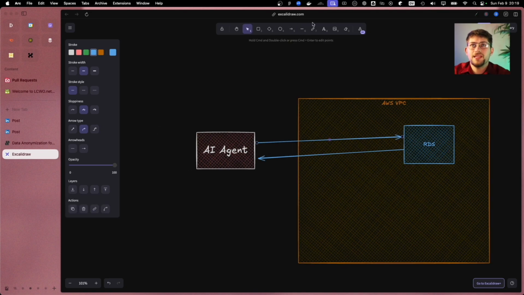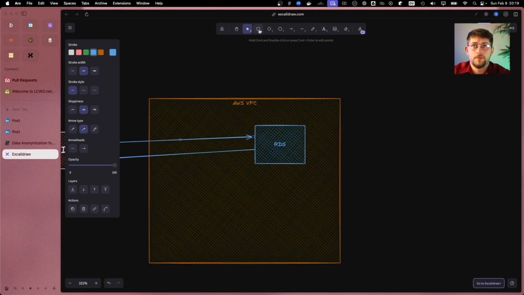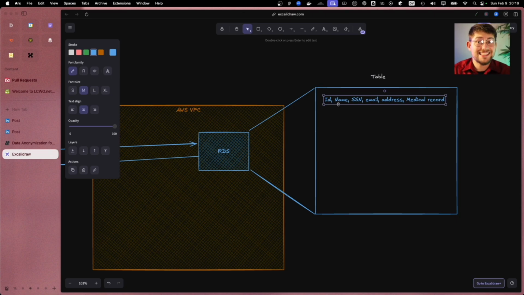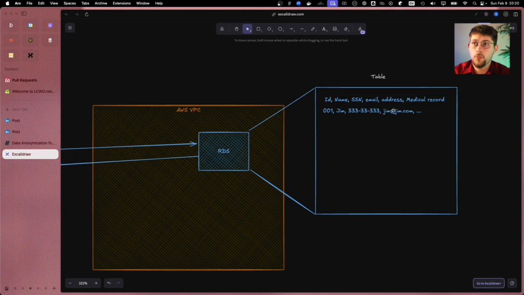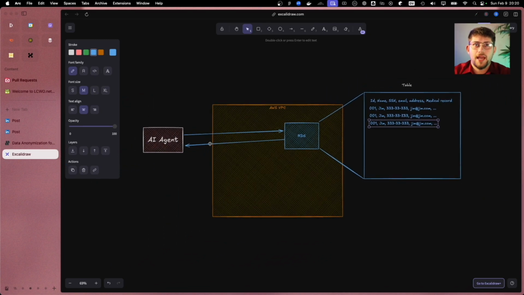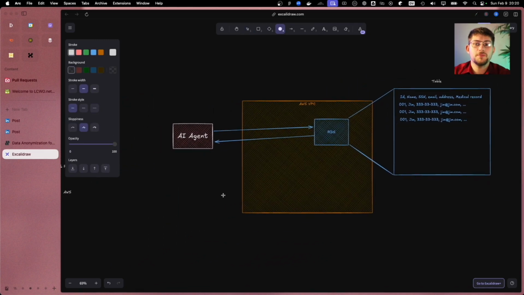But when we look at this database in here, if we blew this up, we would see that this table has sensitive data. All databases will have this in some form. We'll have some sets of records like this. When we look at having our LLM have access to this, what used to be the easiest way to get access to this sensitive data was actually to go through a human.